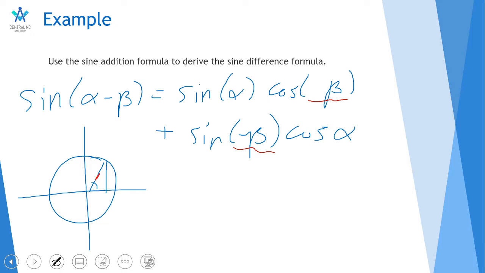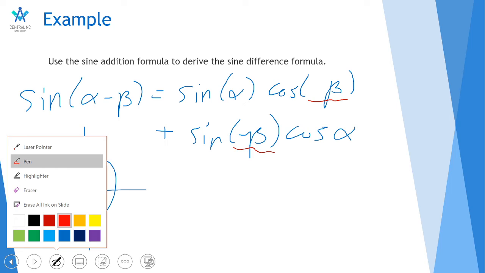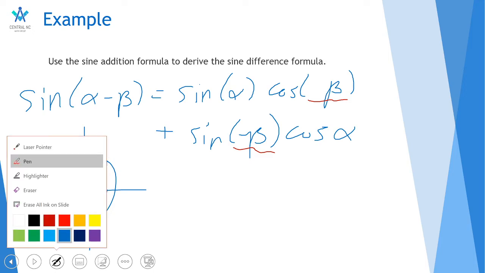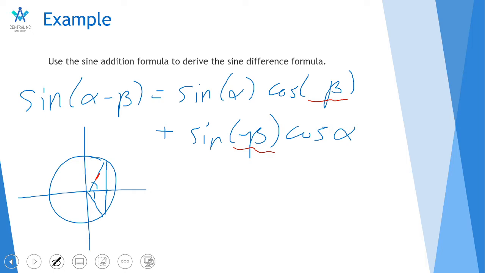So what we're gonna do is take the negative angle again, right here. But now what's different is that the opposite side, which is right here for this guy, is actually the negative of this guy. And then since the hypotenuse stays the same,